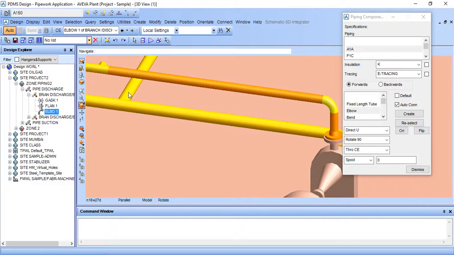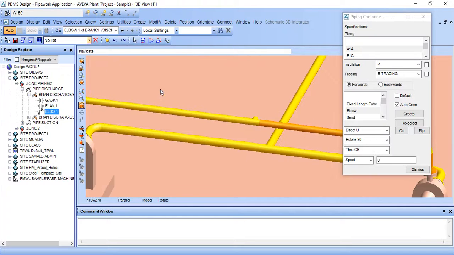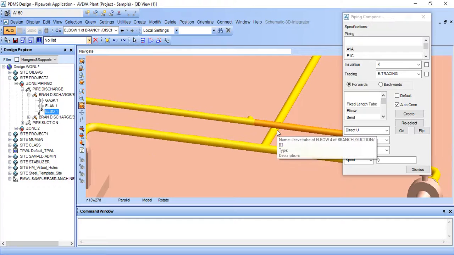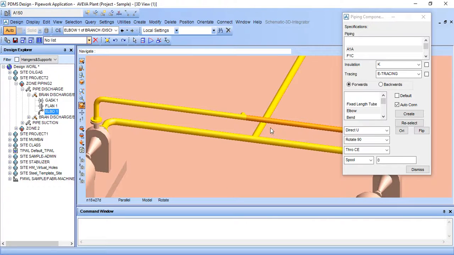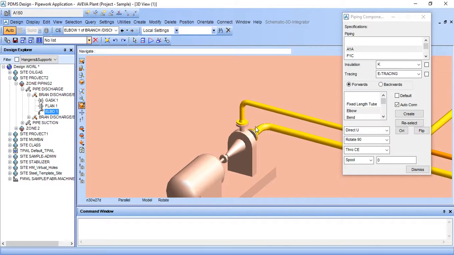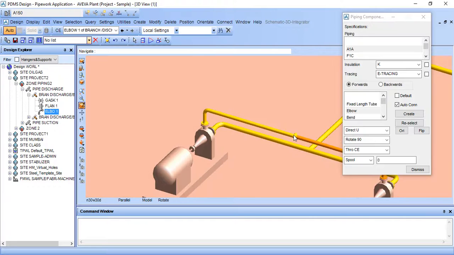If this level is the same, it will connect automatically. If there is an error in distance or it is not on the same level, it will not connect automatically. So our distance is 200 from here, 200 from here, so the distance is the same, so it will connect automatically.